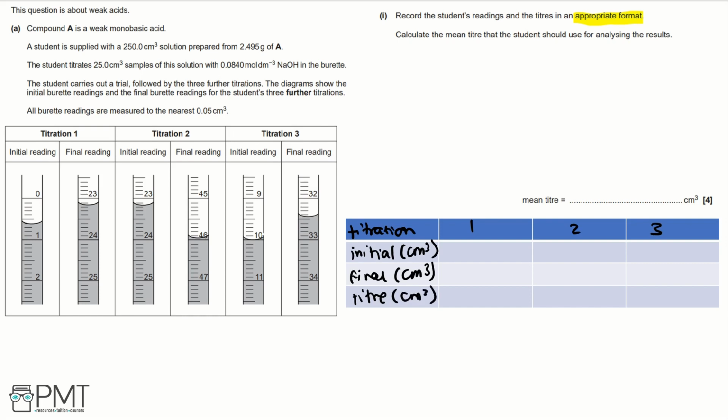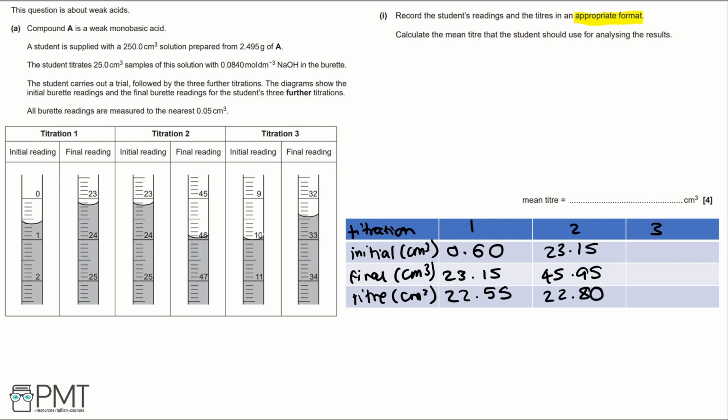If we look at titration 1, the initial reading is 0.60. You read down on the burette. The final reading is 23.15, making the titer 22.55. For titration 2, the initial reading is 23.15. The final reading is 45.95, making the titer